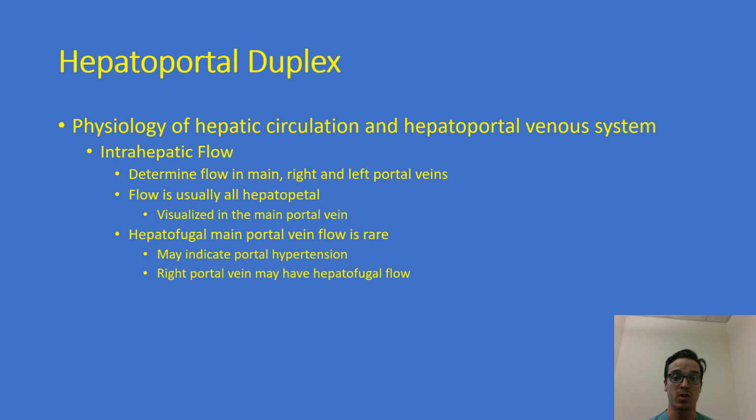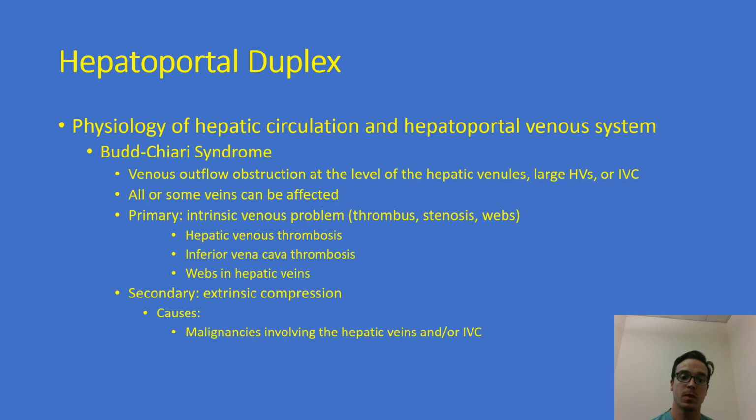This is usually visualized mostly in the main portal vein. While hepatofugal main portal vein flow is rare, it may indicate portal hypertension. Furthermore, the right portal vein may also show some hepatofugal flow. There are some medical conditions that we should be aware of when evaluating the hepatic circulation, the first of which